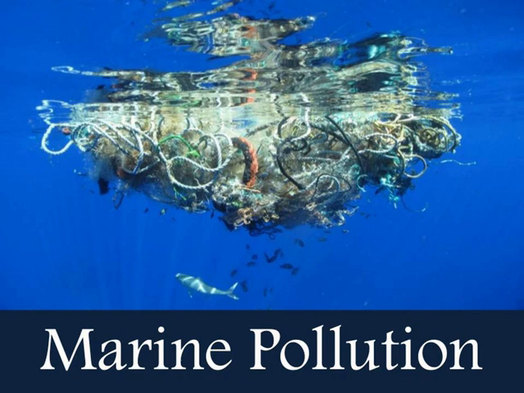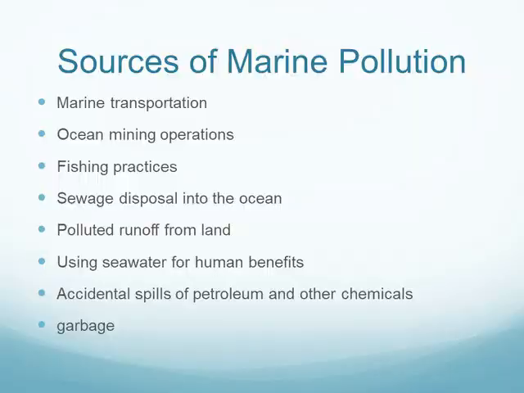So on this image here, you can see a pile of floating trash in the ocean, and you can see some fishes that are aggregated underneath this pile of trash, and you can see that this trash is mainly made out of rope. Looks like maybe some fish nets, but it's pretty tangled up in there. So you can see that this might be kind of a hazard for those fish who are hanging out underneath it if they get too close to it. But we'll talk about why that is in a bit.